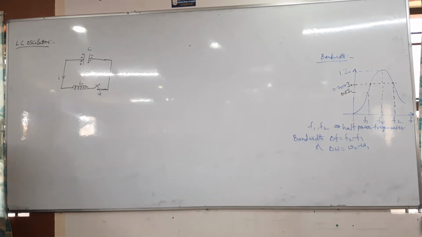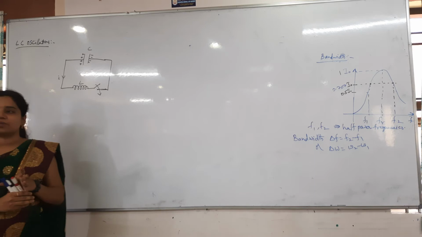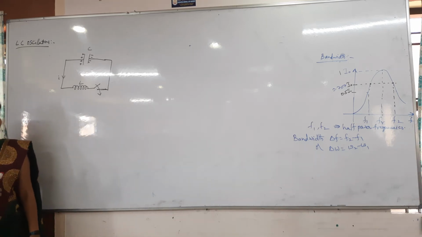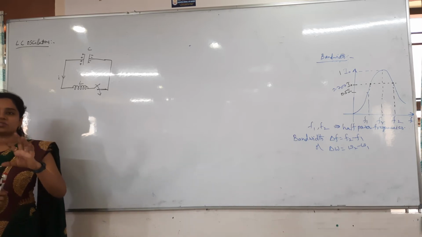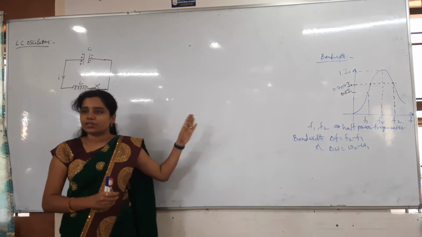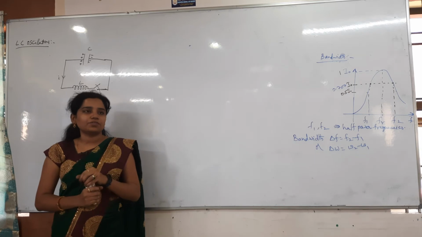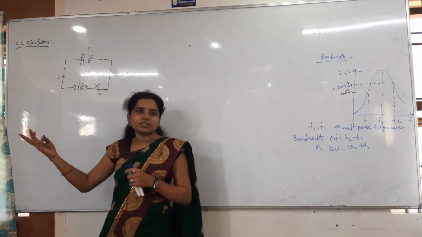Right? LC oscillations. For the theory it will be easy; for the derivation you have to understand mainly that this trigonometric function will be there here also. And by the way, the final answer is important for us, the energy stored. Whatever we got until here is very, very important. Whatever the LCR circuits and then RC, RLC, everything is important for the objective. After this, LC oscillations will be there.